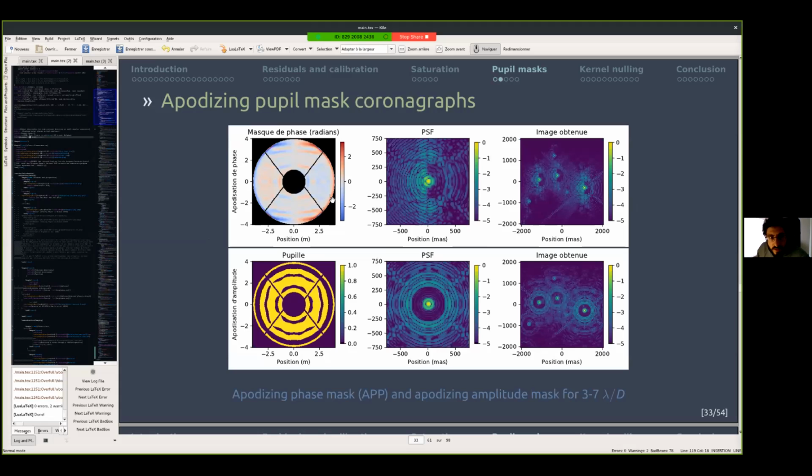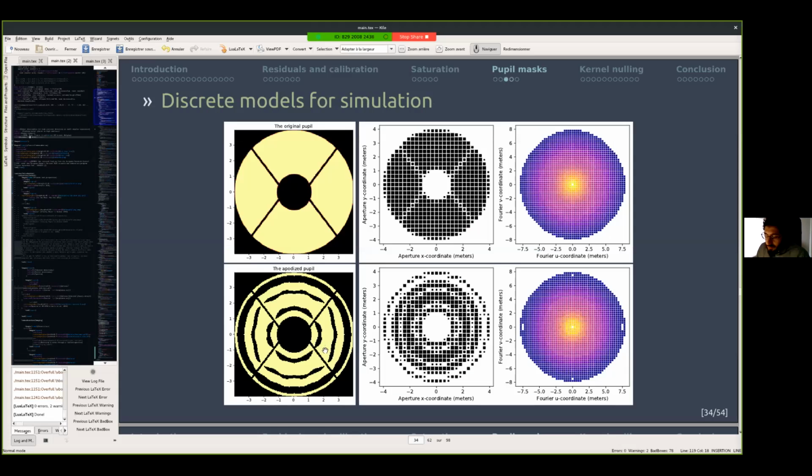So the apodizing phase mask we are not going to be able to use directly in kernel phase, because kernel phase requires this small phase approximation, and this is not the case here. However, the fact that we can use not only the full pupil but an arbitrary pupil means that we are going to be able to use that in the kernel phase framework. So what I did was validate that